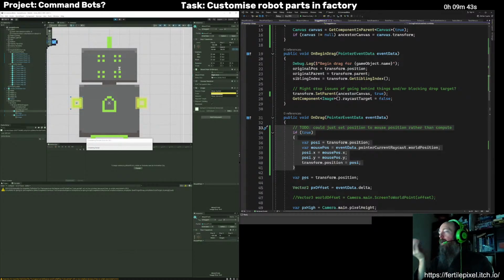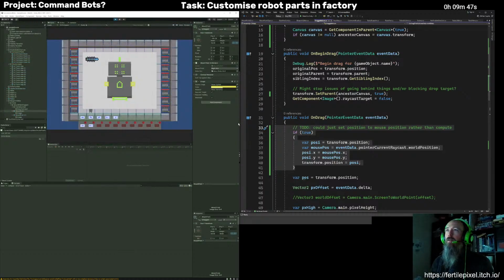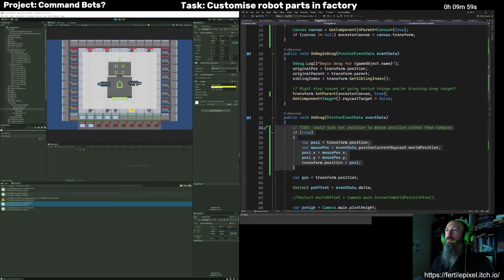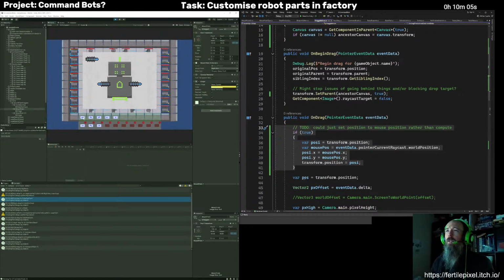Sorry, not trying to get it working. It was working fine. Just checking if it works fine with the much simpler code here of just saying set this position, except with the Z from this other one. And that does seem to work fine here. Does it work okay down there? Yes.